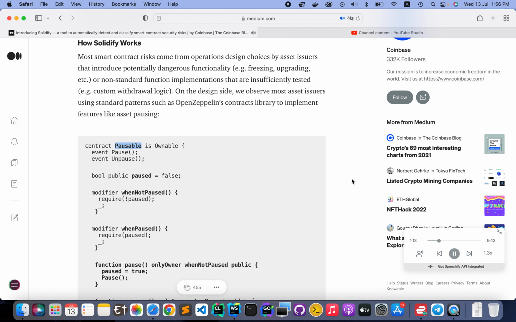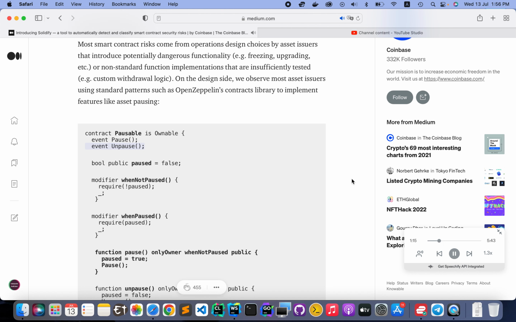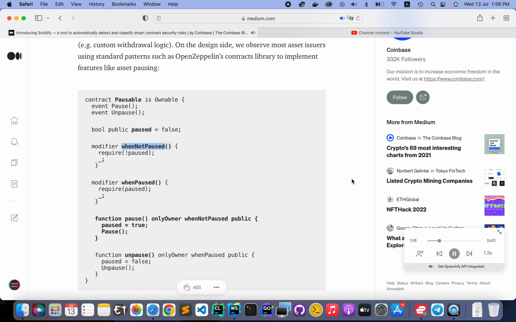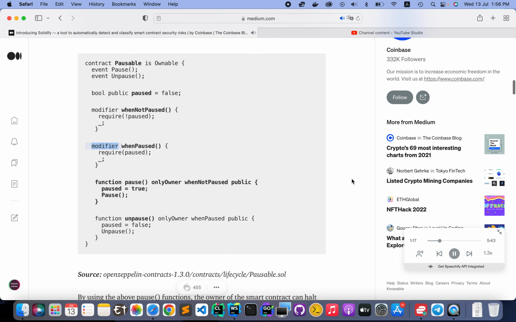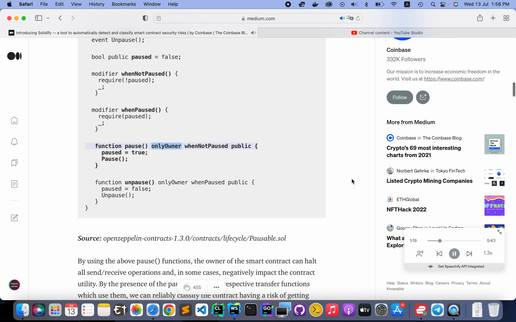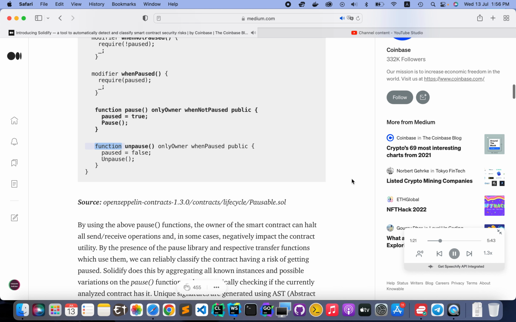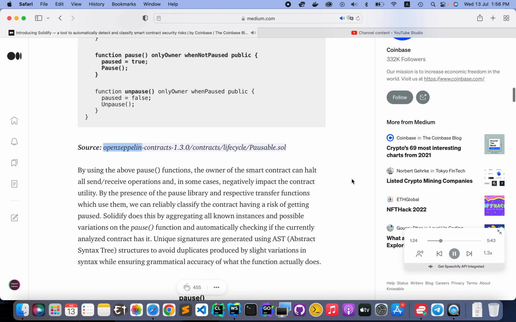Contract Pausable is Ownable. Event Pause; event Unpause; bool public paused = false; modifier whenNotPaused { require(!paused); _; } modifier whenPaused { require(paused); _; } function pause() onlyOwner whenNotPaused public { paused = true; Pause(); } function unpause() onlyOwner whenPaused public { paused = false; Unpause(); } Source: OpenZeppelin contracts